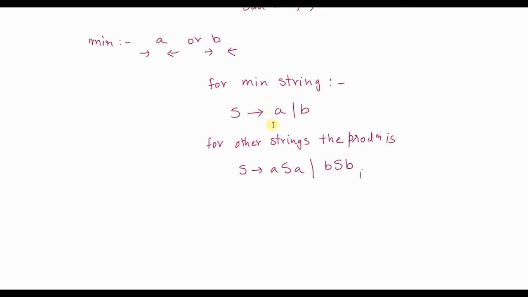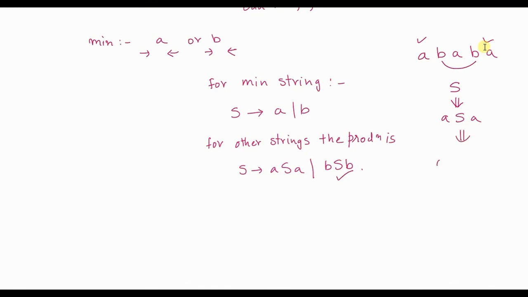Now, if you want to trace, suppose the string given is ABA. You see this is odd length. Let's start from the start symbol. I can replace S with either a single A, a single B, or ASA or BSB. What I want first is A and A, so I will replace S with ASA. Next, what I want is this B to be matched to this B, so I will replace S with BSB.